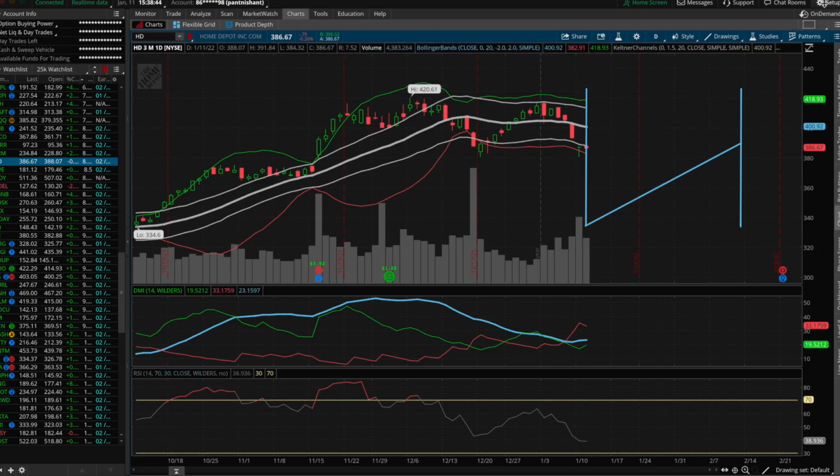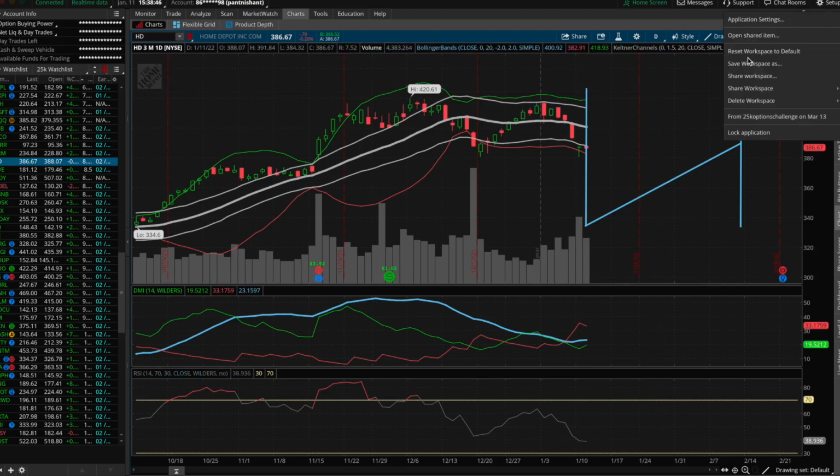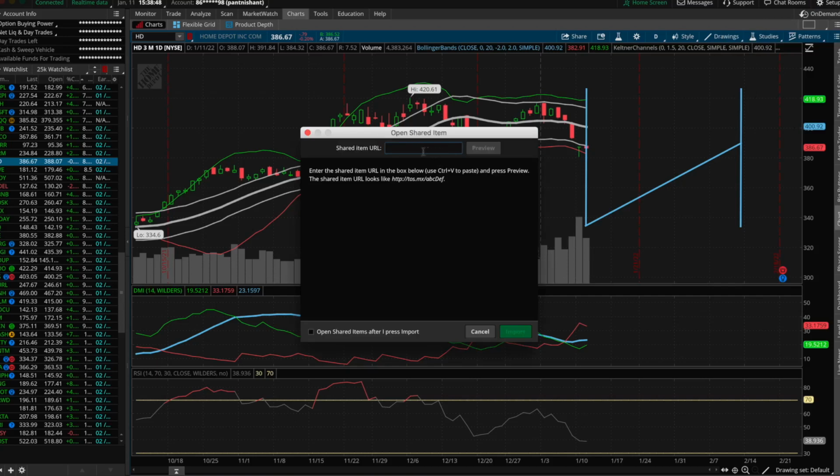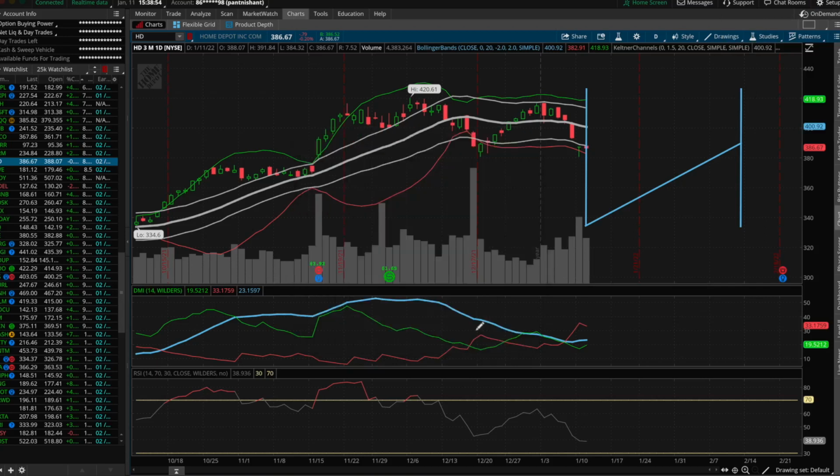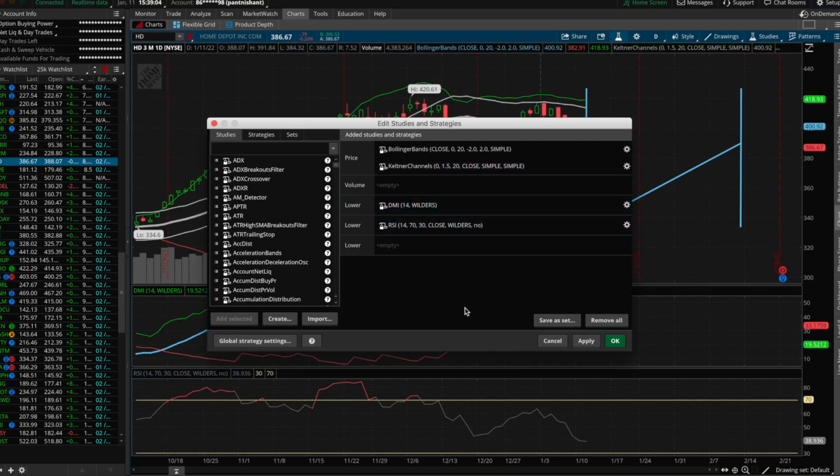It's actually really simple. You would just click on setup and open shared item, and the URL that we give you, just paste it there, preview it, and import it. That's it. It's really as simple as that. So once you have done that part, you would go to studies, this icon, studies, and then